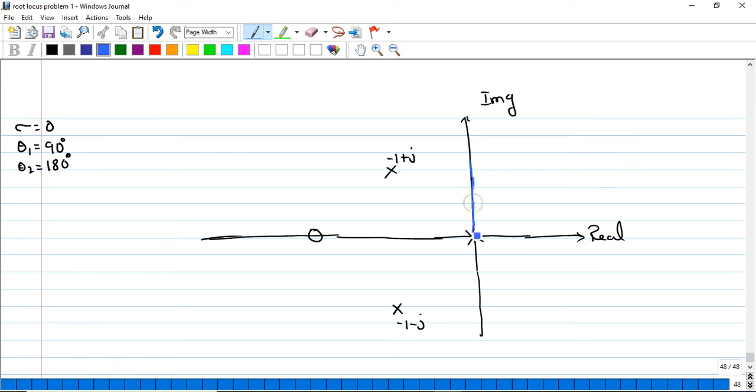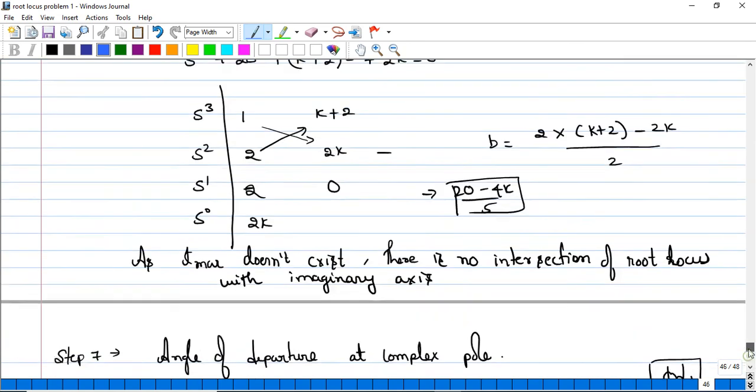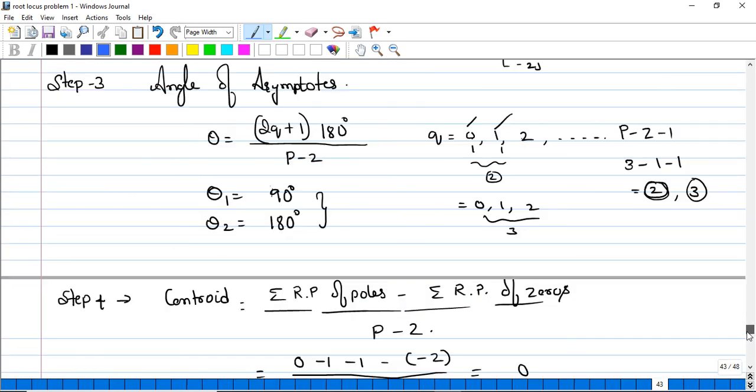So this is the first angle. These are guidelines. Okay, one is at 90 degrees, that is theta 1, and one more is at 180 degrees, okay, so let me check whether it is 180 degrees. I am getting it as 270. So let me rewrite theta 2. If I substitute here as 1, that is 2 plus 1, that is 3. 180 into 3 divided by 2, that will give it as 270 degrees. So let me change that.